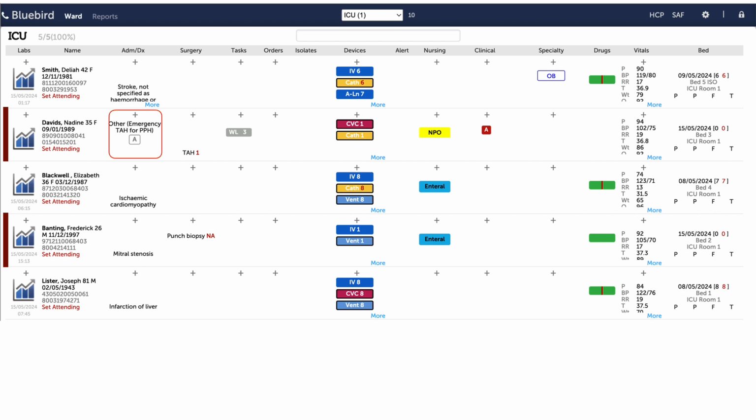All right, so under the admission/diagnosis section, that third section which I've highlighted here in red, you can see that there's a gray A in this section, and you'll see it's not there for all the other patients. That means that the nursing admission form for this patient has not yet been done. All right, so the first task that gets done is that form gets filled in, and if I select that section,